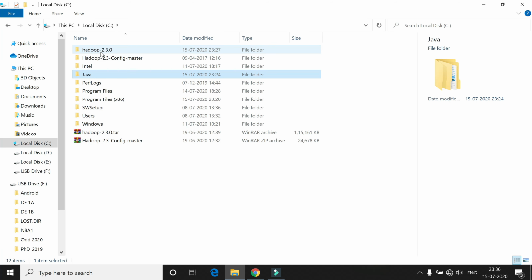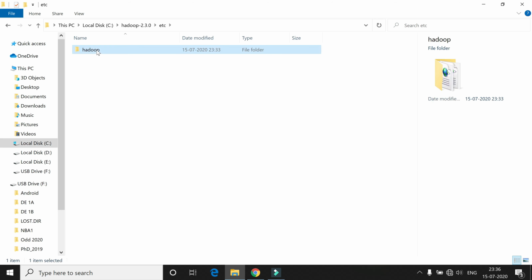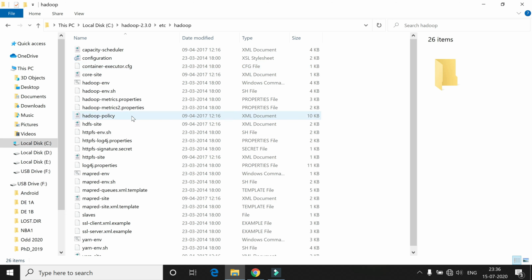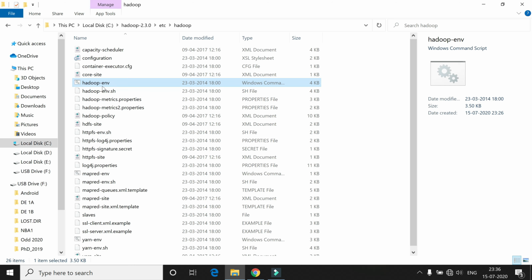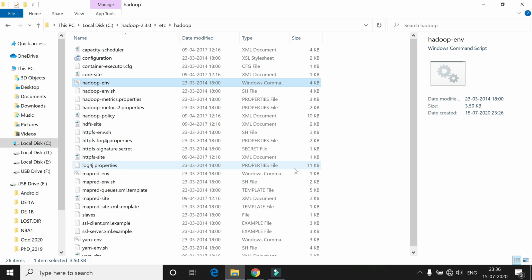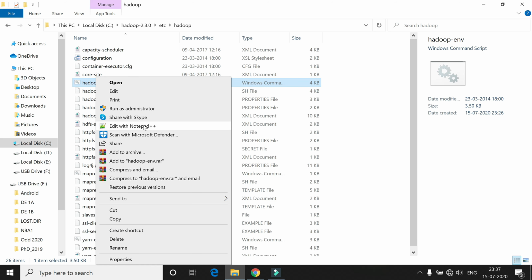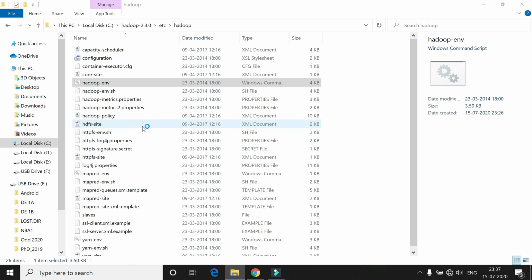Once again open the Hadoop folder, click on the etc folder, then Hadoop, and open the file hadoop-env.cmd. It is a command prompt file. I am opening it with Edit with Notepad++.